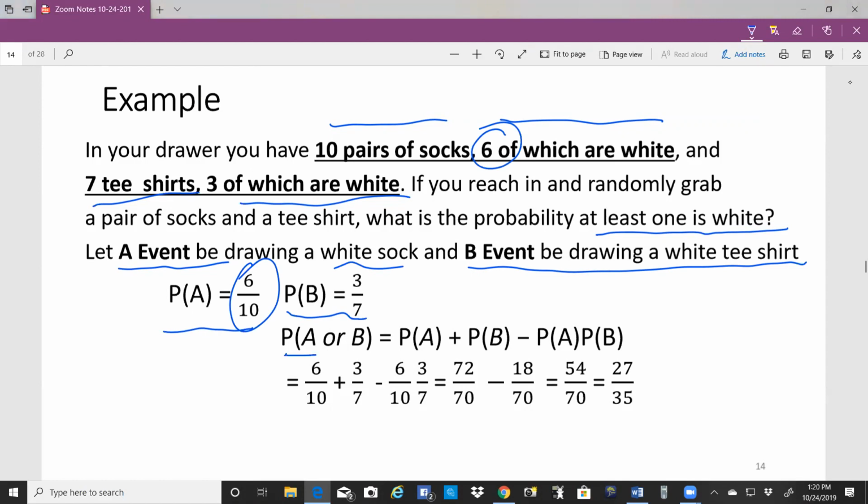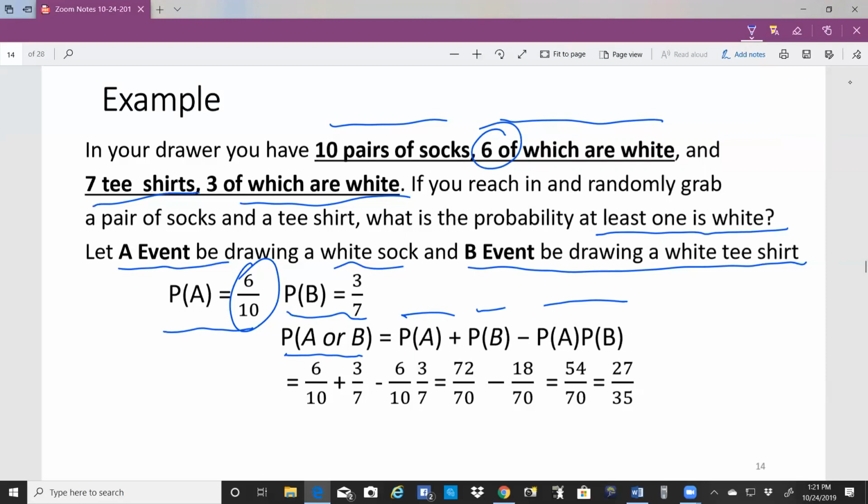Then the probability of A or B, getting a white sock or a white t-shirt, is adding these two together